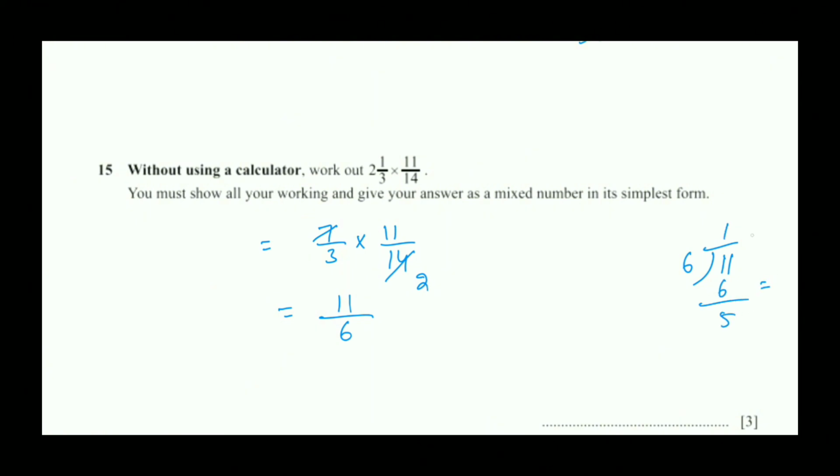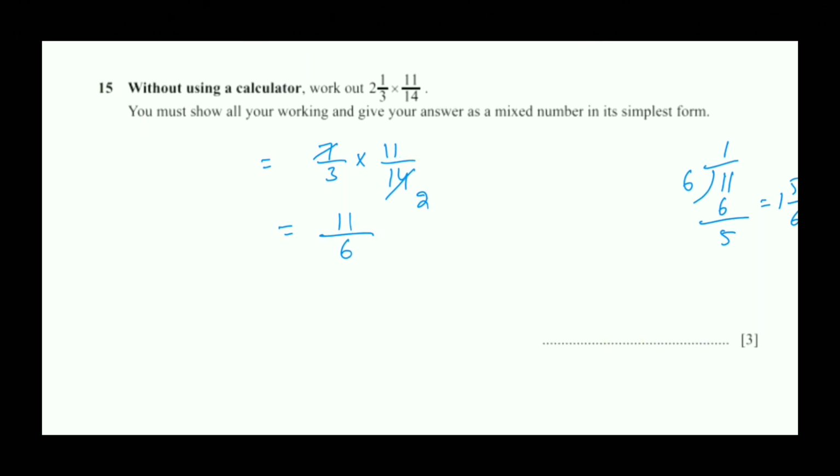So how to write it? You have to start from the 1. 1 whole 5 by 6. This is the way you can write it. 1 whole 5 by 6. So please note down how you have to write it as a mixed fraction. 1 whole 5 by 6. So you have to solve it further, otherwise you can lose the marks if your numerator is bigger than the denominator. Then you have to convert it into a mixed fraction.